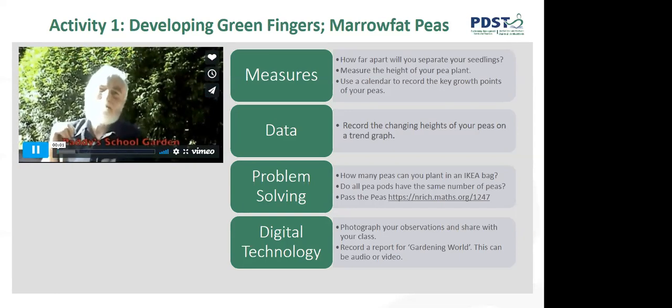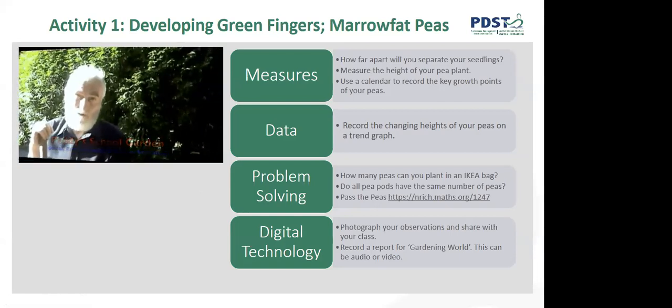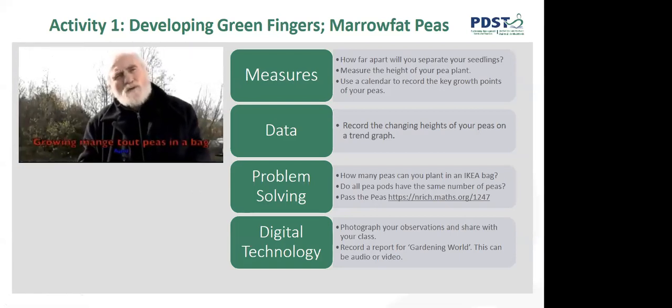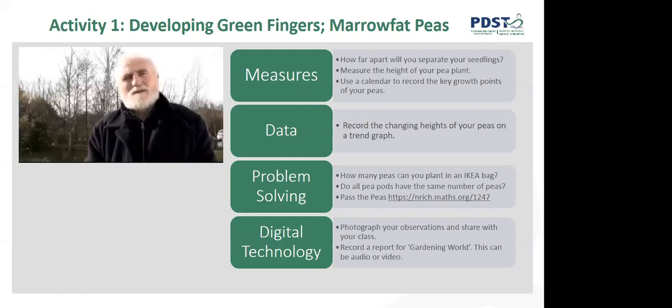Hello, I'm Paddy Madden. Welcome to another activity for the SCSE programme in your school. Marrow-fat peas can be sown in a grow bag in a sunny area of the school, even on concrete. You will need